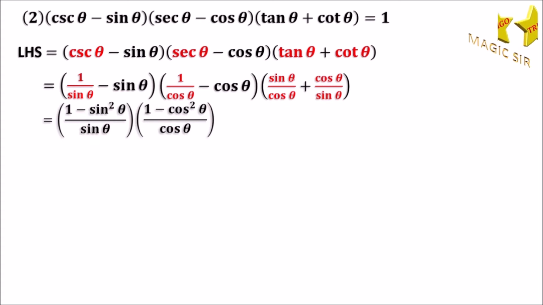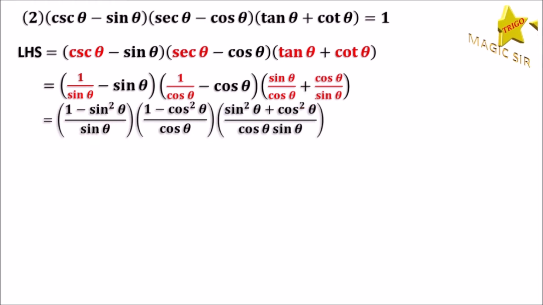And sin theta into sin theta equal to sin square theta, plus cos theta into cos theta equal to cos square theta, and cos theta into sin theta equal to cos theta sin theta. So in the third bracket, we have (sin square theta plus cos square theta) upon cos theta into sin theta. Again,